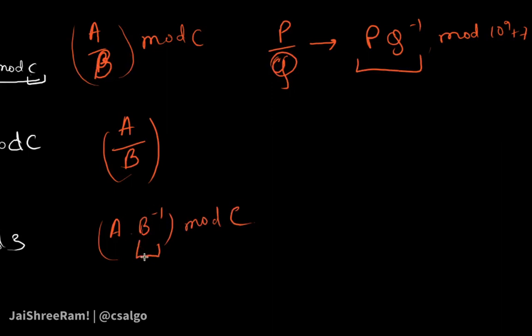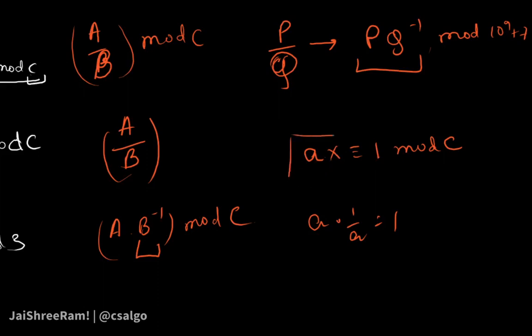Now what is this inverse? So let's look at that. A modular multiplicative inverse of an integer a, let's take an integer a, is an integer x. Let's suppose there is an integer x which is a modular inverse of a, such that a multiplied by x is congruent to 1 mod c. Now what is an inverse in general terms? a multiplied by 1 by a is equal to 1, right, in general mathematical terms. Now in modulo arithmetic as well, a multiplied by its inverse is congruent to 1 mod c. You have to find such an x, so that will be the inverse of a.